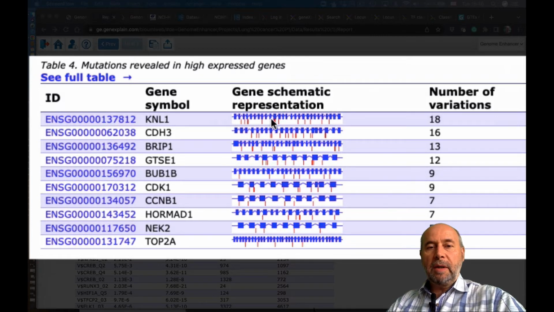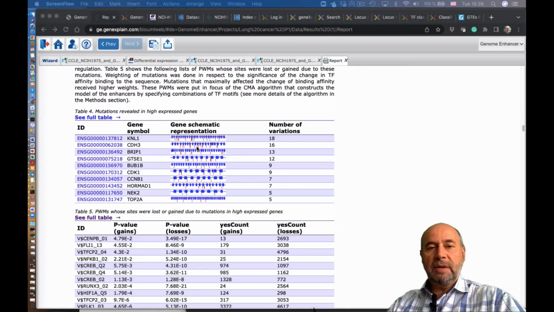Here you see the blue bars correspond to the exons of those genes, and of course, the longer the gene, the more mutations you get in it, and the red bars are the mutations. And here is the number of mutations which were observed inside those genes, including 5' and 3' regions of those genes. Next is actually